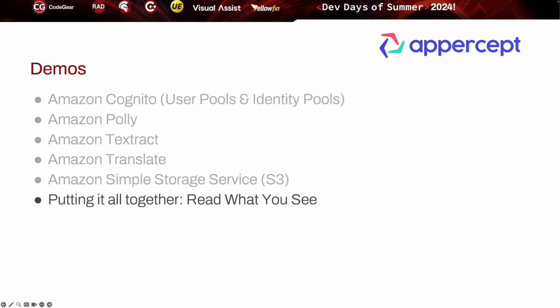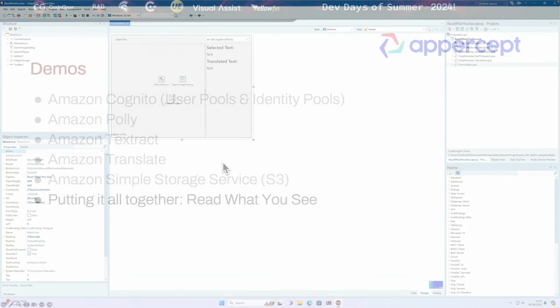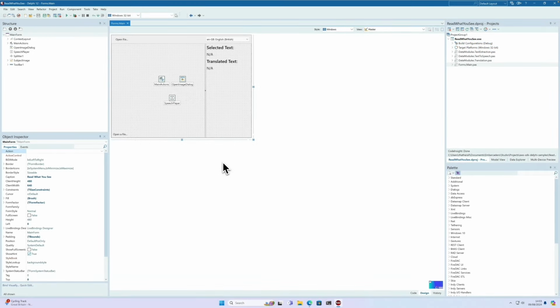Okay, and now let's put it all together. We'll take a look at a demo called Read What You See. So we've seen the services demoed individually, but let's now take a look at Read What You See, which is a demo which shows putting together multiple services to make some functionality that is greater than the sum of the parts. So if we run this demo,